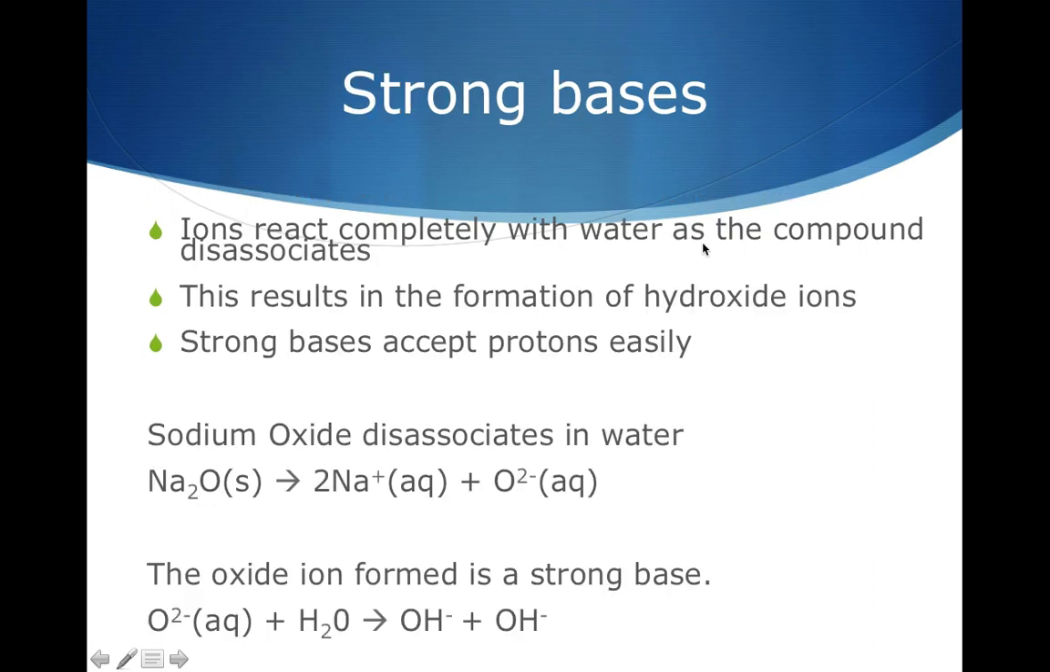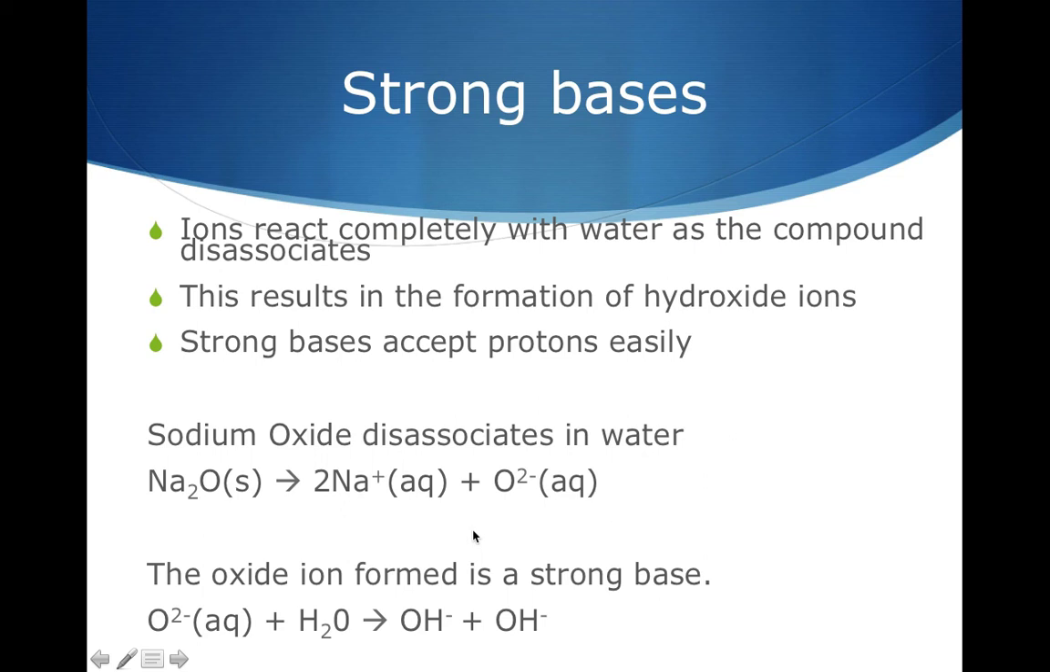Strong bases, same idea. If it's a strong base, then it will readily accept protons, and that's going to result in the formation of hydroxide ions. Because if you have a strong base, the ions react with water, dissociating it, and we're going to get hydroxide ions made. So sometimes it's a one-step, sometimes it's a two-step process, but something like sodium oxide splits up